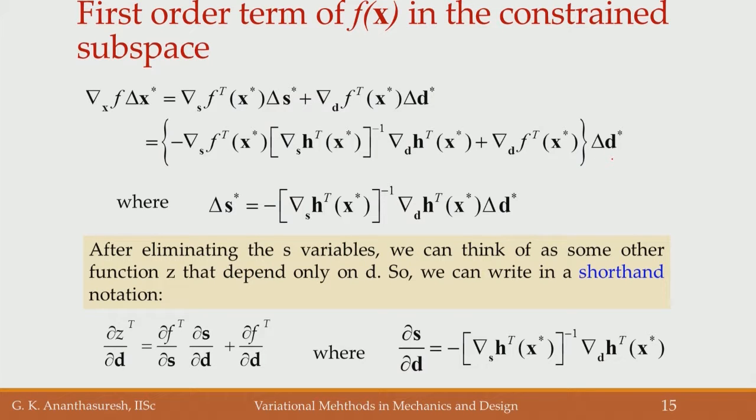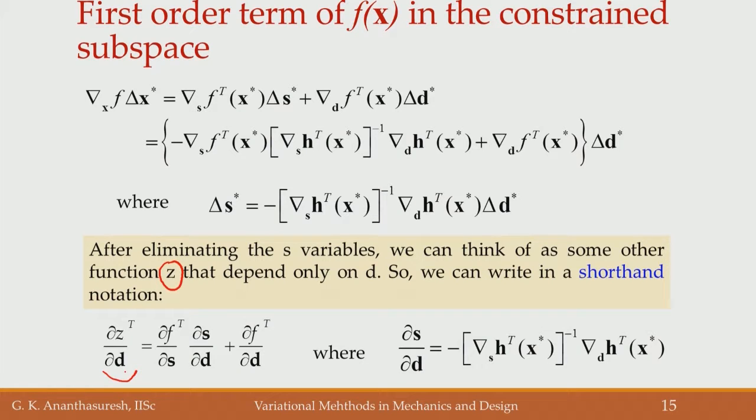So, now we want to see how to establish sufficiency. For that we had thought of this function z, think of that as a new function that depends on n minus m variables, because the original function was dependent on n variables, but then we have m equalities or active inequalities. Now, those m variables are taken out, we are left with n minus m variables. Those n minus m variables, we can talk about this as a gradient of the new function z. Okay. That z